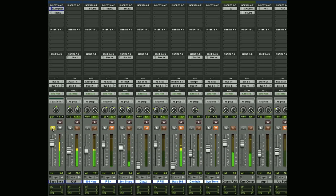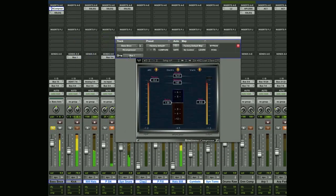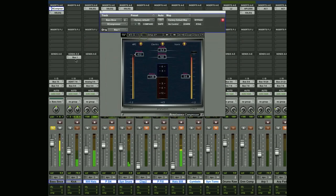So if I just solo the bass there, you'll notice I've put a compressor on the bass track and I've assigned its key input to bus 1 there. And you'll also notice that I've assigned a send on the kick track, and I've also set that to key input 1. So if we listen to the kick along with the bass